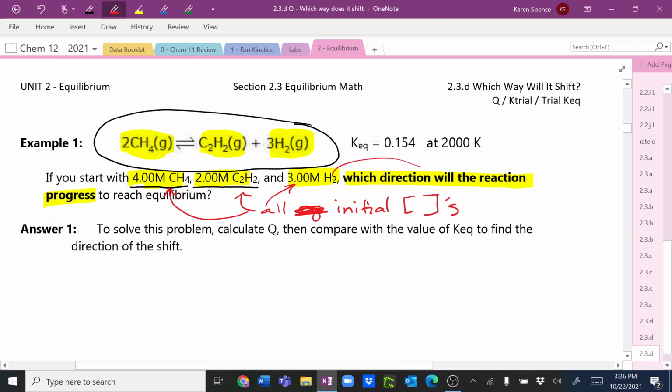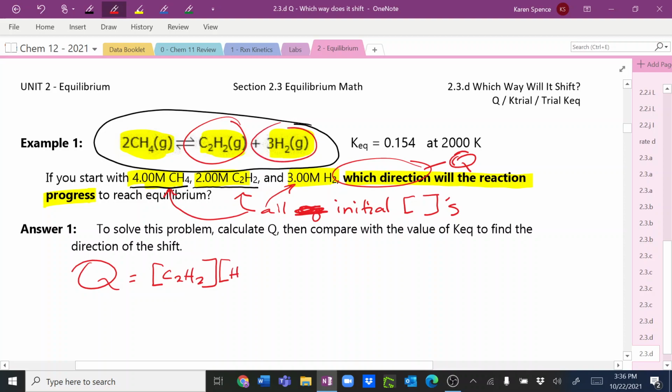And anytime you're asked which direction you will shift, you are going to use a Q. So let's write a Q expression for this. So Q, we write it just like KEQ. We take our products, C2H2, and H2 cubed, divided by our reactants, CH4